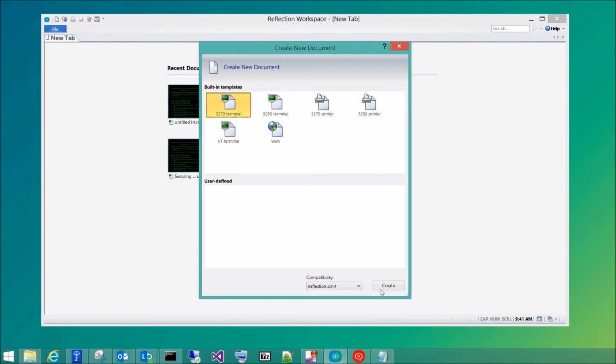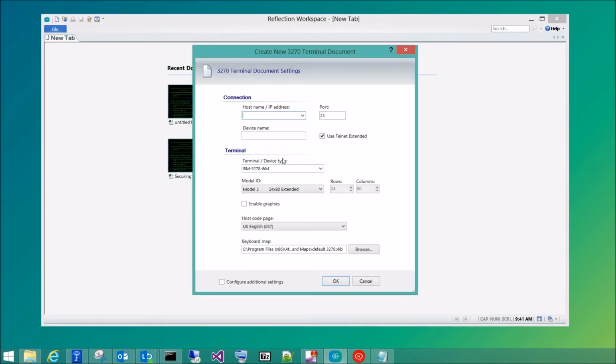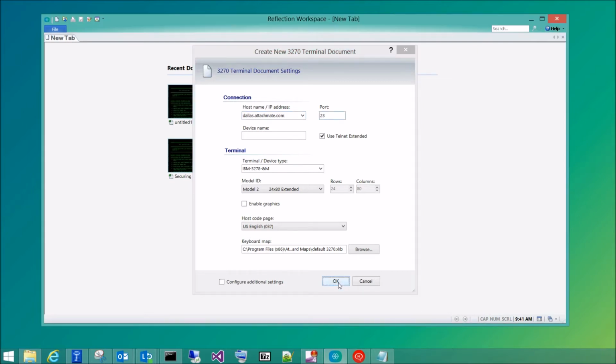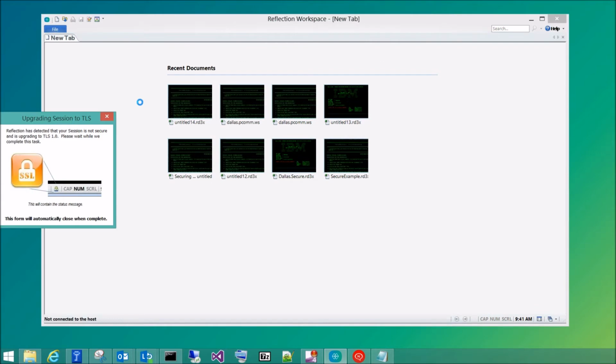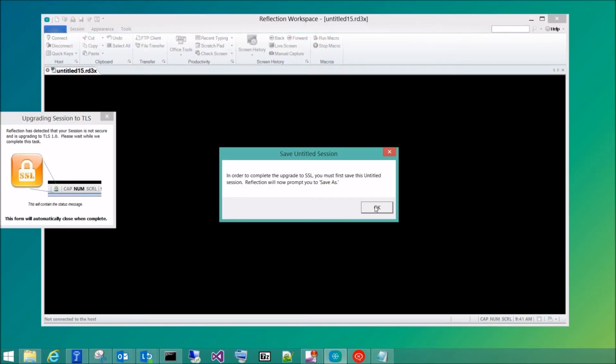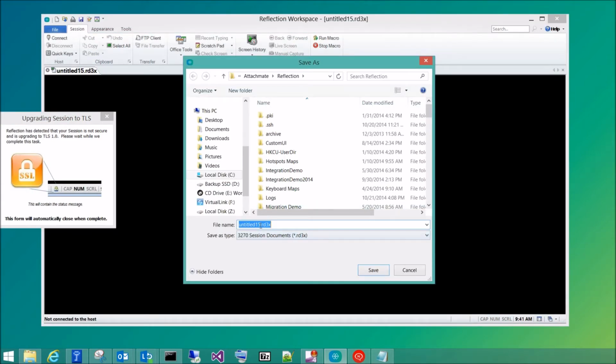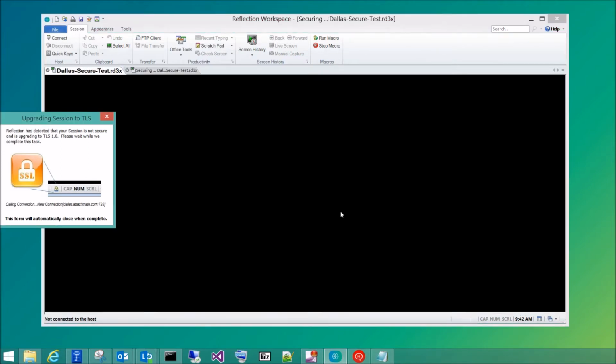We are now going to go ahead and open up a new 3270 terminal and plug in our host name of dallas.attachmate.com, regular telnet port of 23, and as you can see, it's now upgrading it automatically, prompting us to save our file because this is an untitled file. Once we save this file, you'll see that it's upgrading us to SSL,